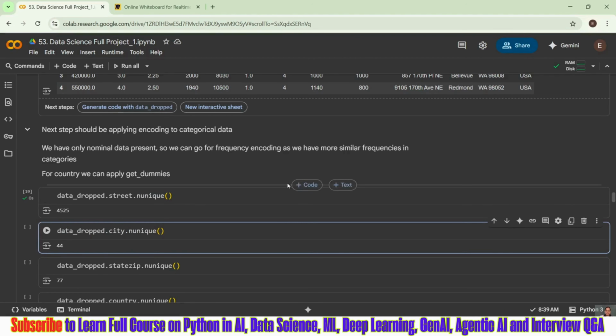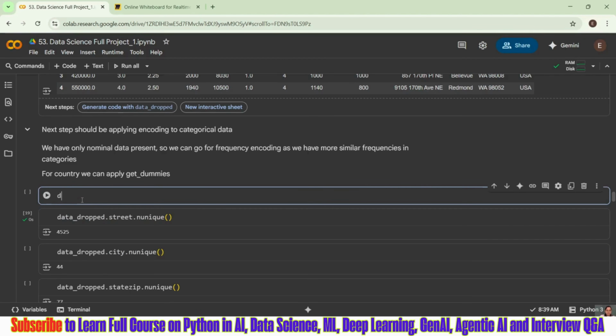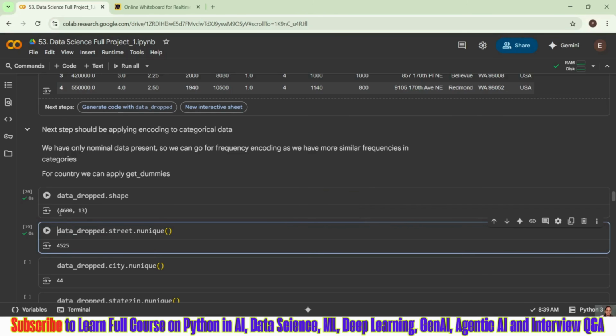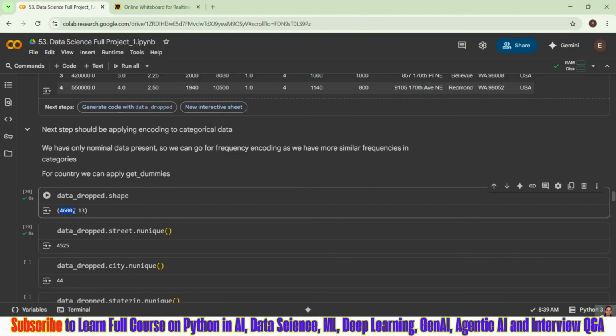However, what is the shape of my data? If I check data_drop.shape, I can see that I have almost 4600 rows and 13 columns. That means almost each and every row, my street is unique. It's not repeating, or a category of something.